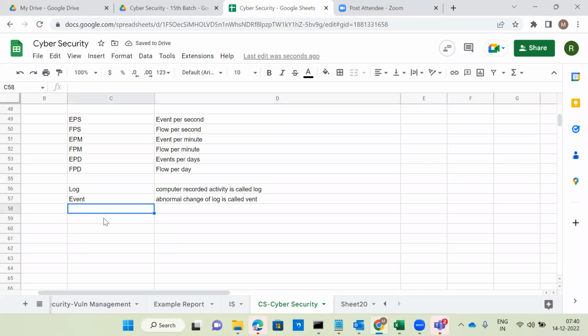So next one is incident. An incident will negatively impact the CIA triad: confidentiality, integrity, as well as availability. It will negatively impact our organization.